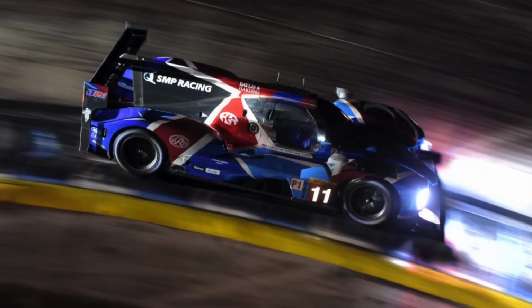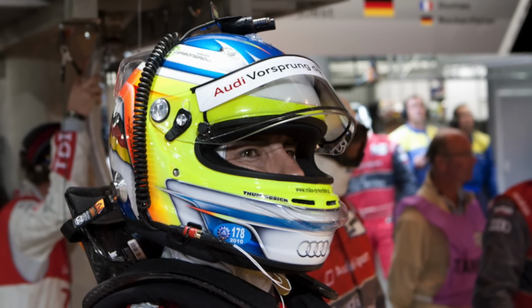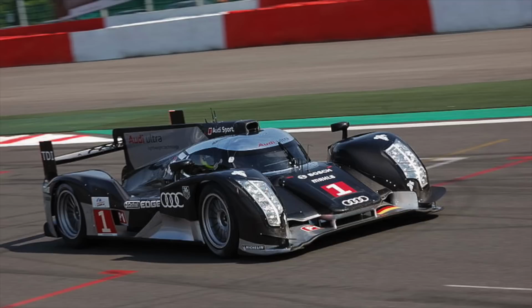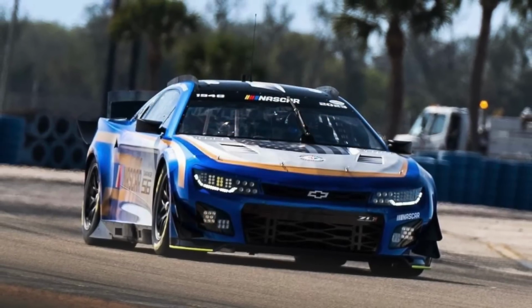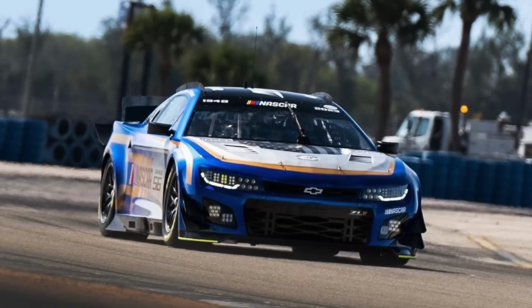Jimmie has never raced at Le Mans, so this will be his first time, but he's eager to give it a try. Jenson has raced at Le Mans, making his debut with SMP Racing back in 2018, where Rocky has the most experience at Le Mans, having actually won it overall, and driven with the dominant Audi Sport team for many years. All 3 have raced in the NASCAR Cup Series, so they have experience at driving a NASCAR, thus giving the NASCAR team the perfect driver lineup with the experience they have to be able to run this historic